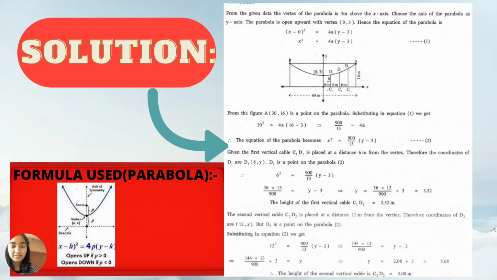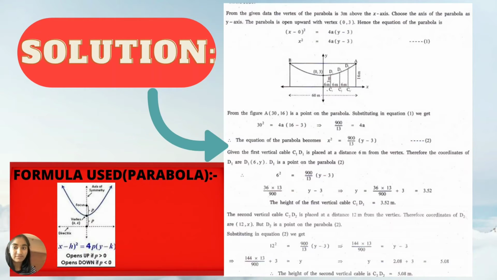Second, we have to substitute the second value, which is (30, 16), into the same equation, (x minus h) square equals 4p (y minus k). So we'll be getting the second equation. After that, we need to substitute the third equation too. After the third equation, we need to use all the values of the first equation and second equation,